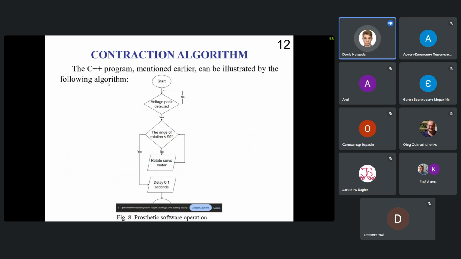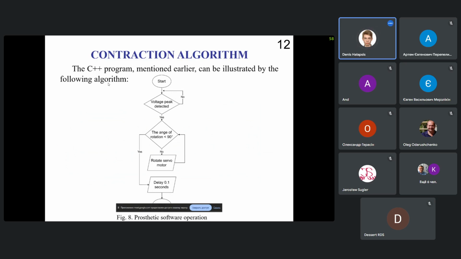The written program in C++ can be visualized using this algorithm. We start with voltage peak detection. When it is detected, the angle of rotation is checked to be less than 90%. If it is not true, the program rotates the servo motor until the condition is satisfied. Once it is satisfied,